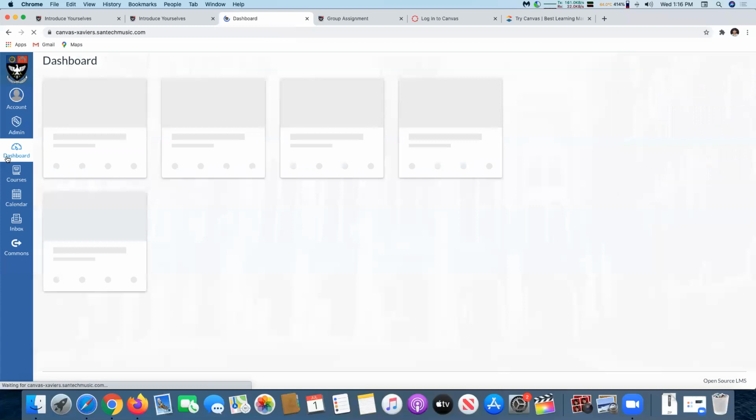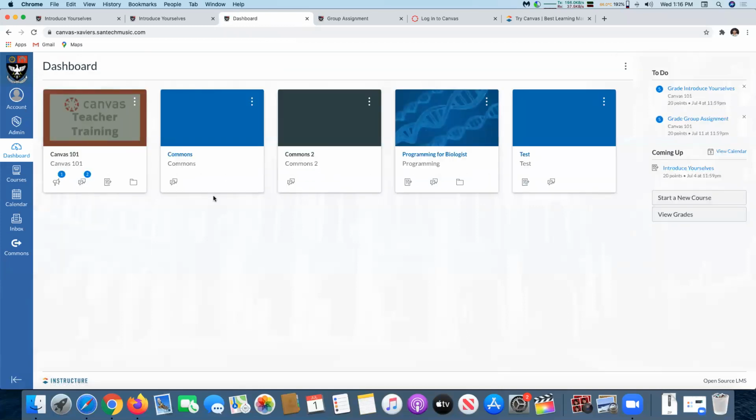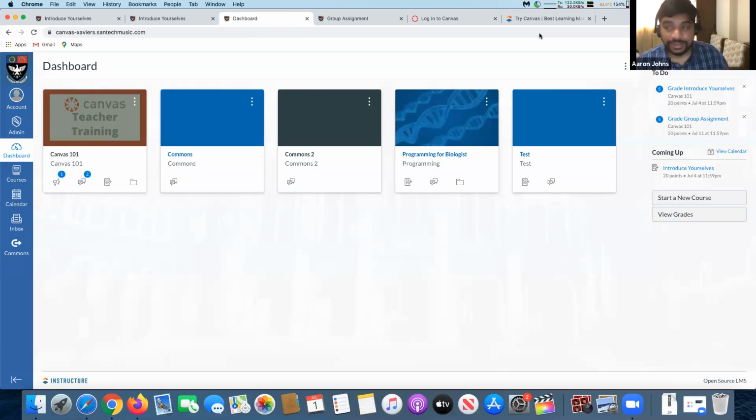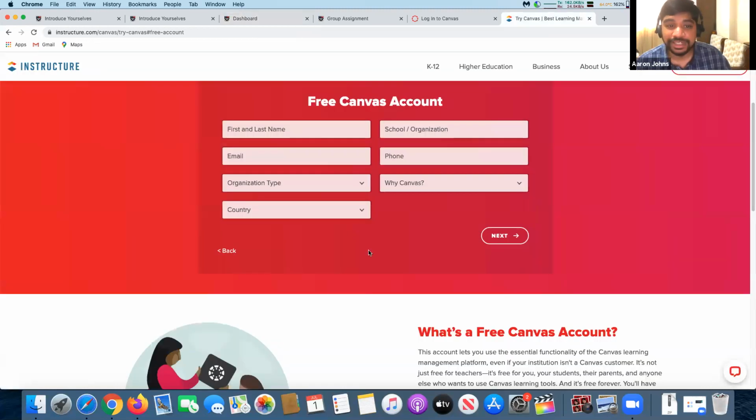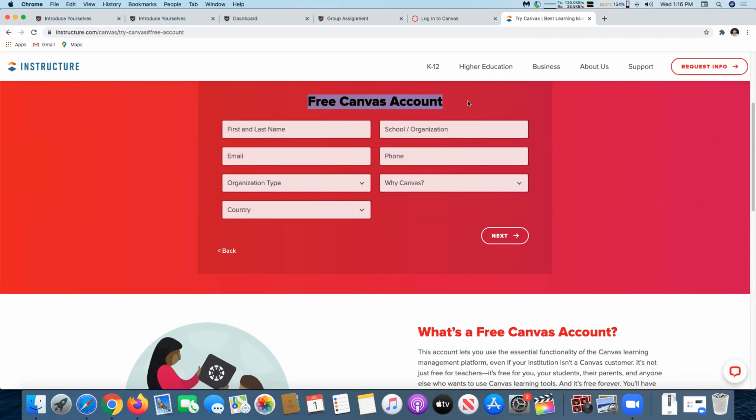If a teacher has a Canvas account and the institute does not have a Canvas account, how will it be helpful to the teacher? If the institute doesn't have an account, you can still go for the free Canvas account, right? You're teaching in an institute, right? As long as you're teaching in that institute and have a normal email also, you can register for Canvas by yourself. It will help you in many ways. You have most of the features except for a few things like admin control.